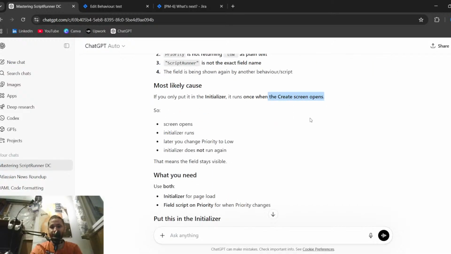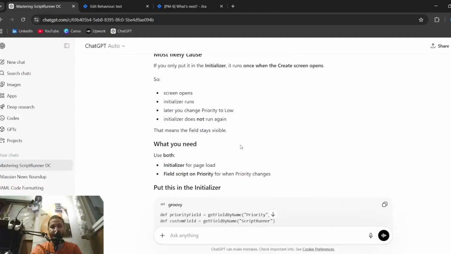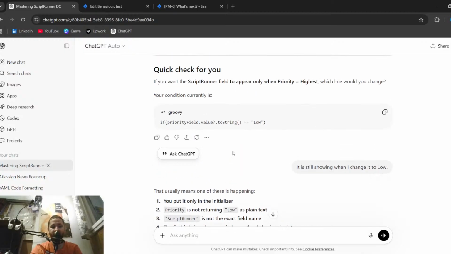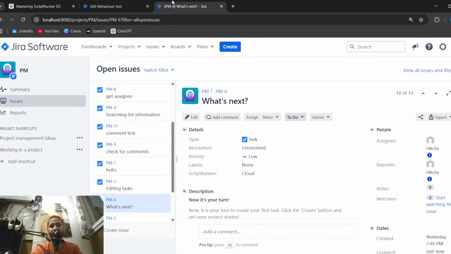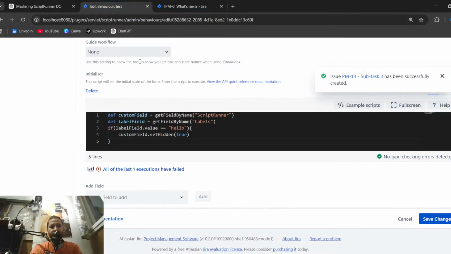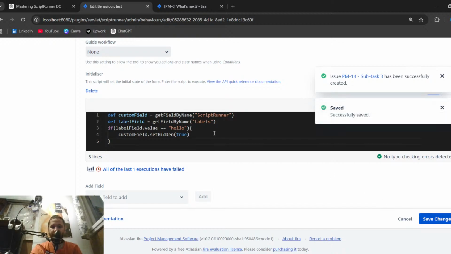Initializer. So when the screen opens, the initializer runs, and the initializer doesn't run again. So the initializer is for the page load, when you activate the screen. So if I save the change right here,